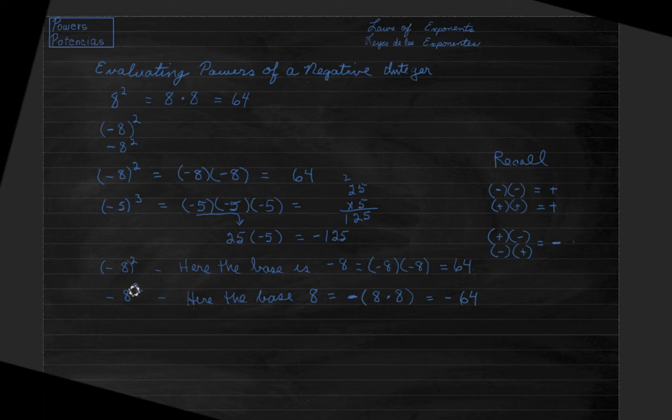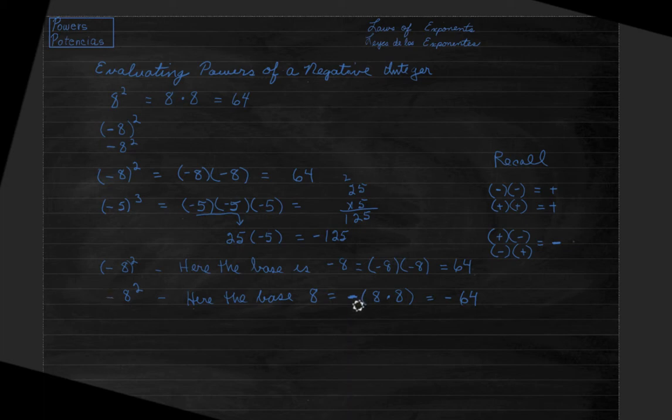¿Okay? Aquí lo que quiero explicar es que cuando le ponemos paréntesis a la base, es para clarificar la base. Cuando no lleva paréntesis, dice otra cosa. Aquí dice que el 8 negativo es la base. Aquí la base es 8 negativo. Pero aquí, sin paréntesis, la base es un 8 positivo. Lo que es negativo es toda la potencia.